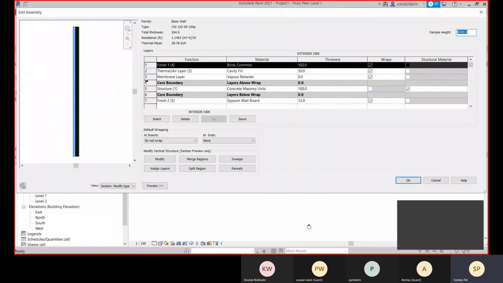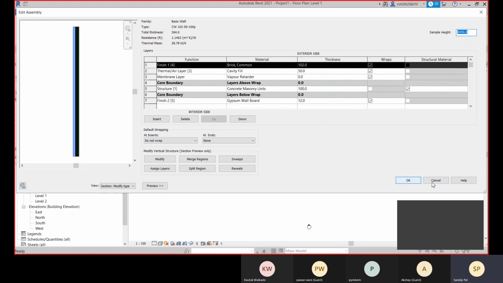I think the start of 4, or the end of 3, the core boundary, may be the wall center line, right? But if I choose the core center line, that will be the center line of the core layer, right? So it will differ depending on how you place your layers.